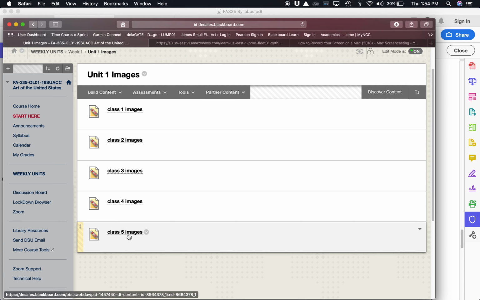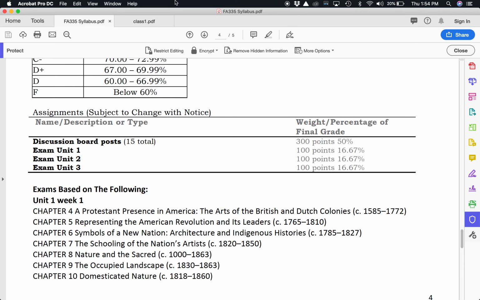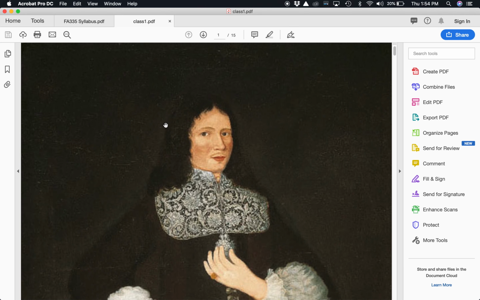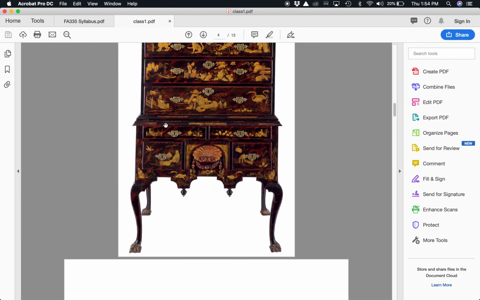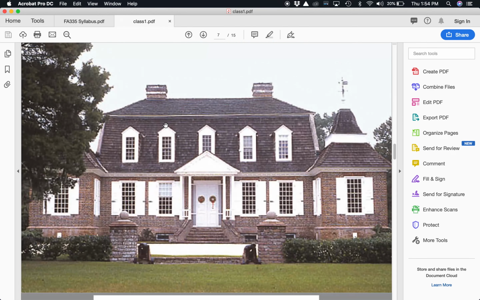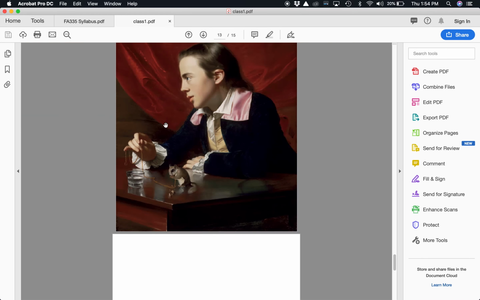So here are the chapters per unit that you are to cover, and here are the dates within the syllabus. For class 1, again, if you go back to Blackboard and we take a quick look at that again, under week 1, under class 1, chapters 4 and chapters 5. There are PDF files